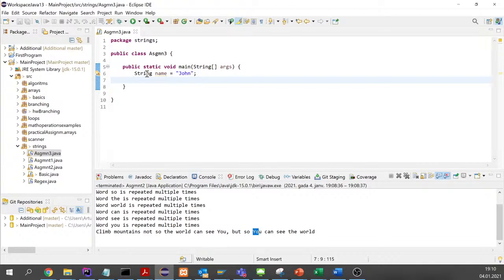And create a regular expression pattern. For that, only letters are allowed. Try to test it using matches function. Okay, so